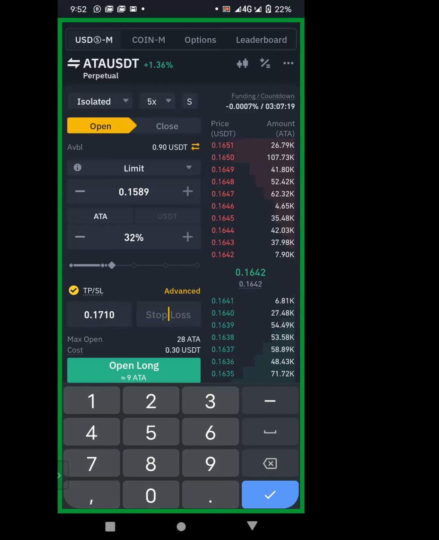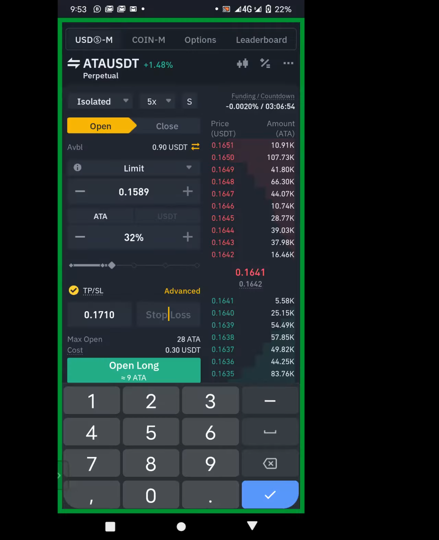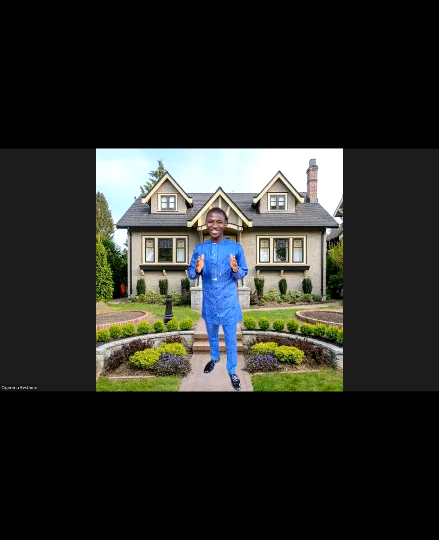If you're entering with the first entry price, make sure you are not trading with a high capital, because this is where people get easily liquidated. Like on this one, I'm just trading with 0.30 cents. So I have to set my stop loss, even though you may be given a stop loss to use. But if you're not trading with up to $100 on a particular trade, this is what you do. When you are setting